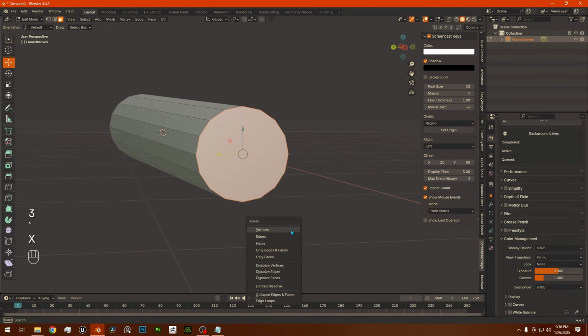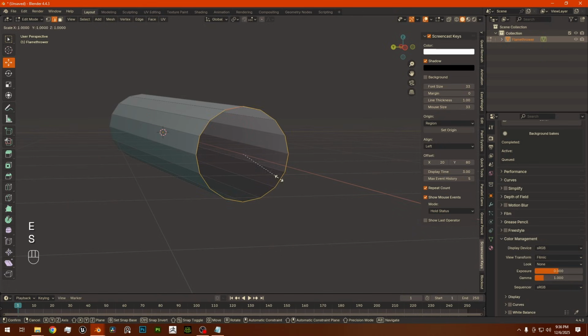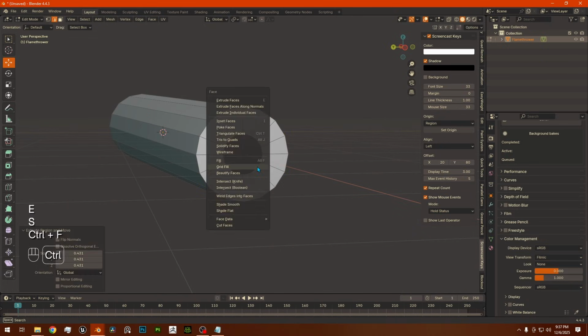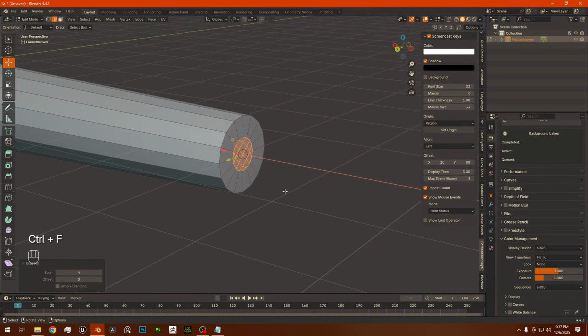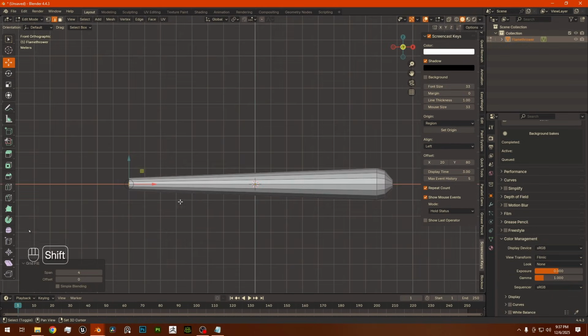I'm just going to delete the face and then go back into edge selection mode here. Extrude and scale down, Control F, grid fill, and I'm good with that. I don't need to add any more polygons here. But what I do want to do though, because I want